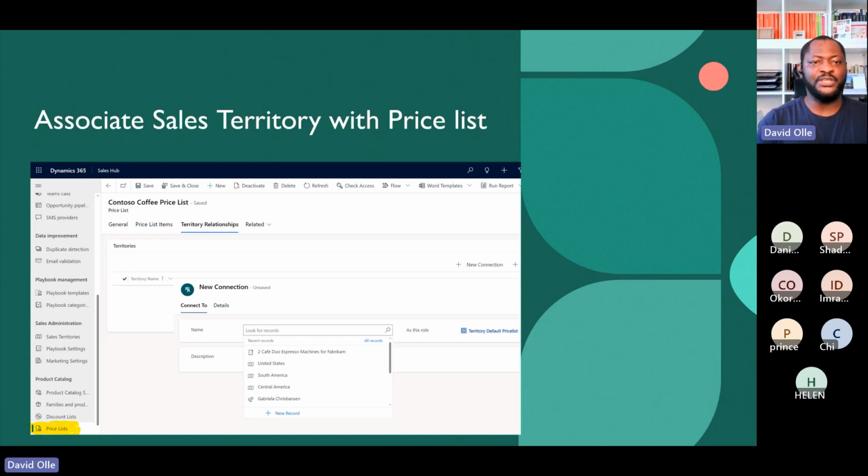Another thing to note is that you can associate your sales territory with a product list. I did mention earlier on that the whole idea of sales territories is that you can use it and trace it back to the financials: how much sales was made by this group, this territory, United States, maybe United Kingdom and Northern Ireland. How many sales was made in London, for example, that sort of stuff. So you see that you can create the way you can